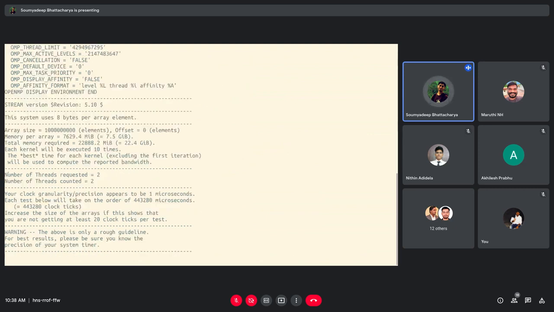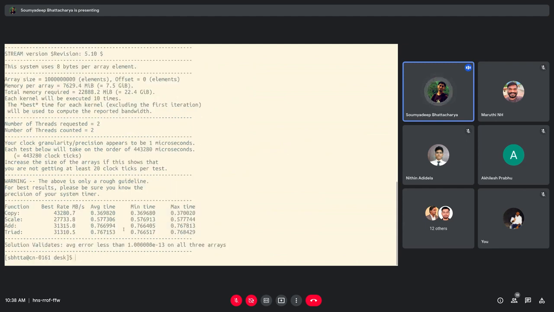So you can see it says number of threads using is 2. And it also tells you what stream's internal clock resolution is, 1 microsecond. It says it will take 0.4 microseconds per tick. Oh, each test, okay. So be 40 seconds, yeah. Okay, so as you can see, you're getting